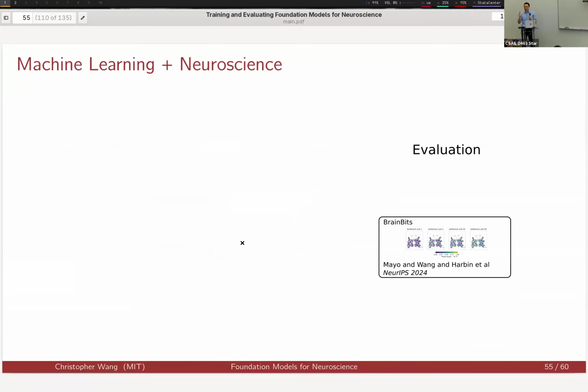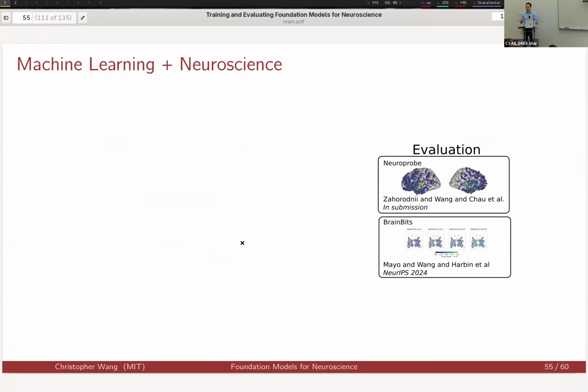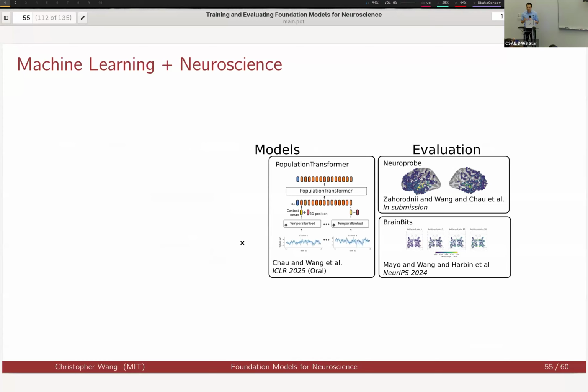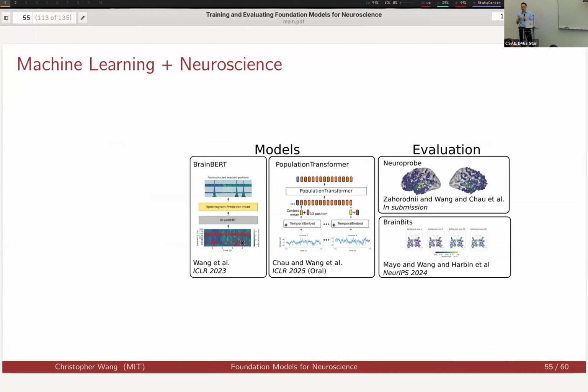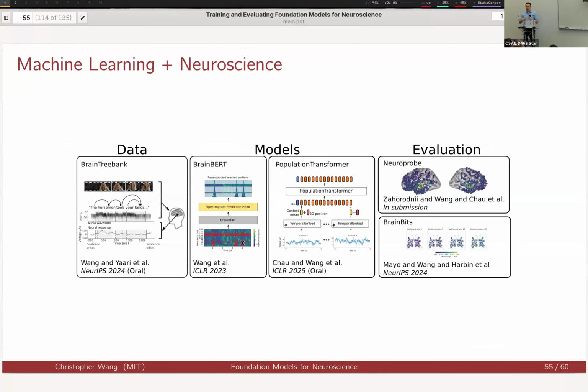Okay, that was all the projects. I'm going to do a recap, but let's recap in reverse. So we just talked about BrainBits, which is how we evaluate generative reconstruction methods. We talked about NeuroProbe, which is how we do evaluation and make it more widely available. We want evaluation to be more widely available because we want to spur the community's development of better and better foundation models, models like Population Transformer, like BrainBERT. And we want better foundation models because we want better, more data efficient, more accurate decoding on language and the brain data, data that we hope to collect at greater and greater scales.